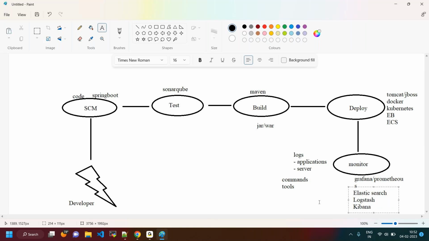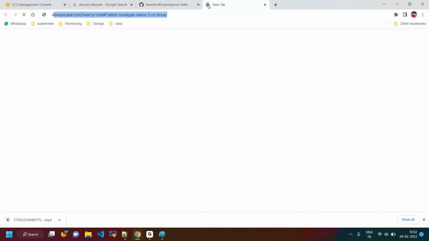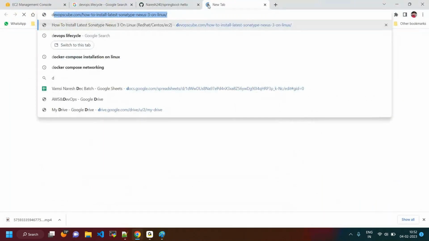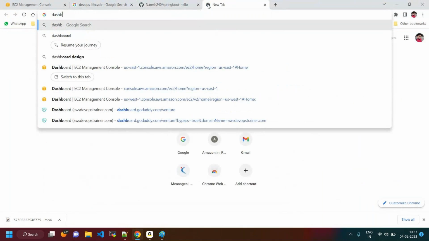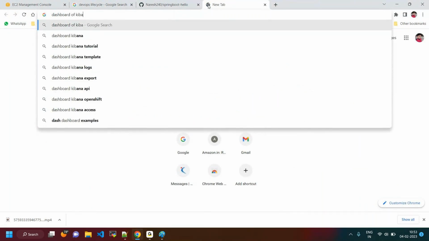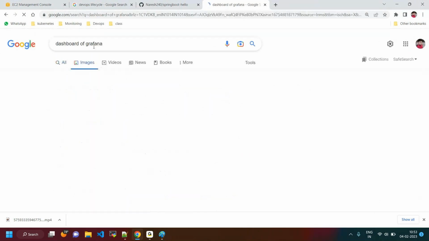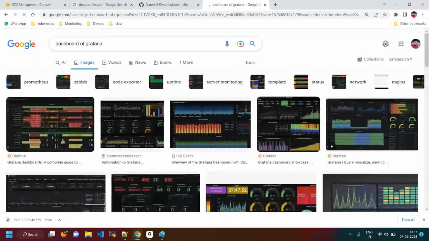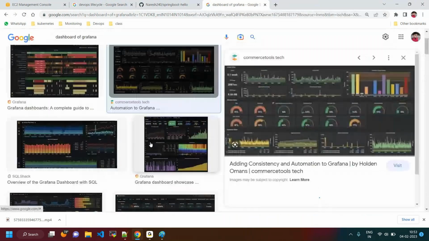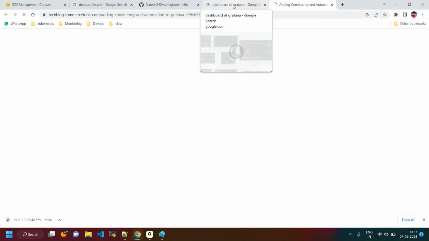On top of that, we are going to be creating some dashboards as well. Okay, once we have done this, we are going to be creating some dashboards. I'm going to give some examples of dashboards, dashboards of Kibana or Grafana. We can go with Grafana so we can get some clarity. In these particular images, Grafana dashboards can look like this. You guys can understand this particular image, what is happening in it.